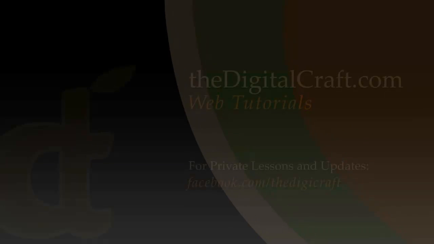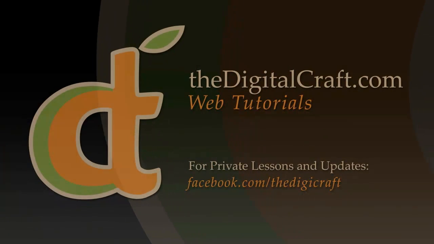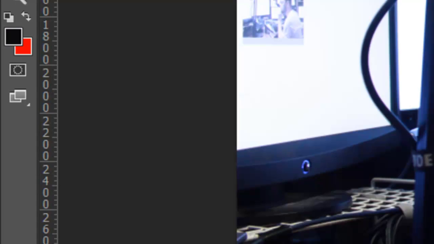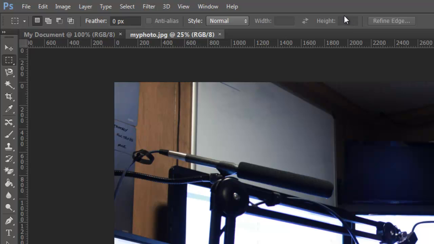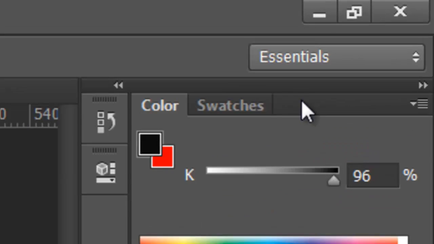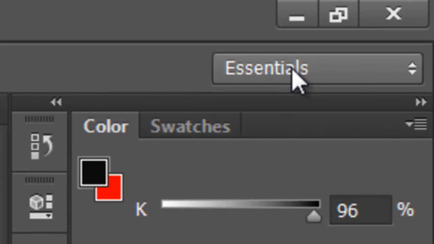Now we're going to take a look at the basic interface of Photoshop CS6. On the left here we have our tools. On the top here we have our options. Now these are directly associated with which tool you have selected at the moment. Over on the right we have our other panel sets here. Now I have this set up to the Essentials workspace, which is the default when you open Photoshop for the